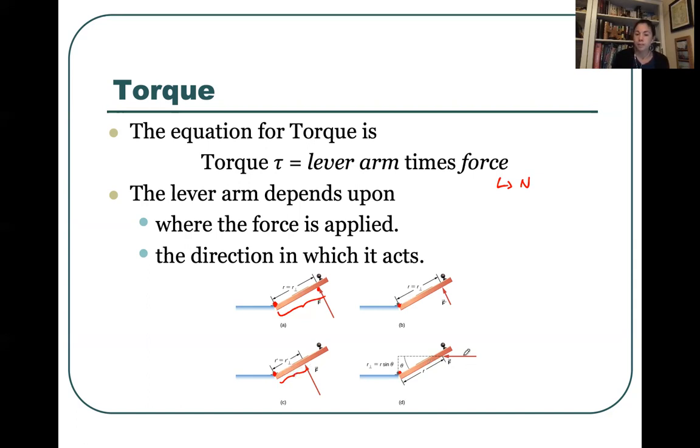And finally, we can push at an angle. That makes the lever arm different. So what's going to be important is the distance that's perpendicular to the force. So in this case, and I would not worry too much about this because this is a more complex case, this is going to be our lever arm. And you can see that even though we're pushing with a fairly large amount of force, we have reduced the lever arm by a lot by changing the angle. And that means that our torque is not going to be as large,